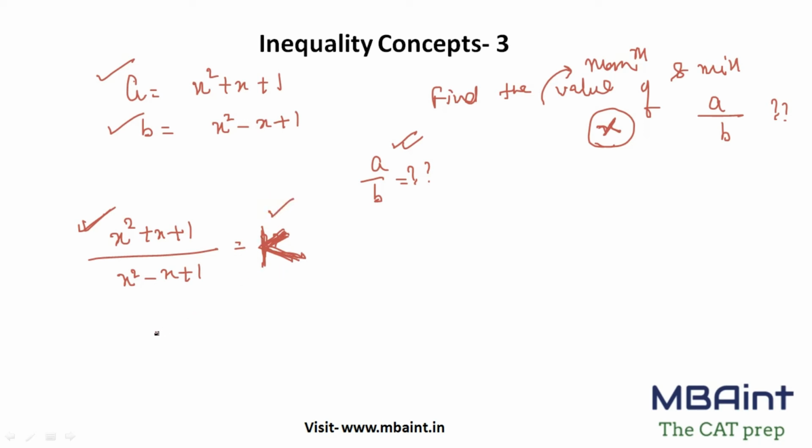When you solve this, I'll just skip one or two steps here, keeping in mind that you guys can solve this. So this is going to be 1 minus k plus x, this is 1 plus k, and solving this is nothing but 1 minus k, which is equal to 0, right? So I have got a quadratic equation here. When you cross multiply this, you will form a quadratic equation, right? Now remember that, find the maximum and minimum value.